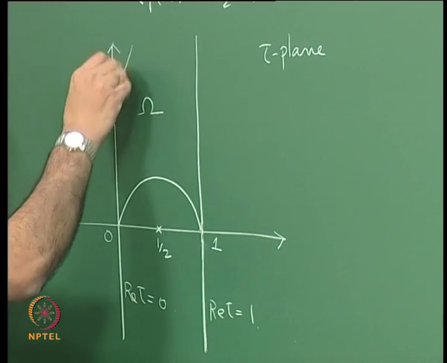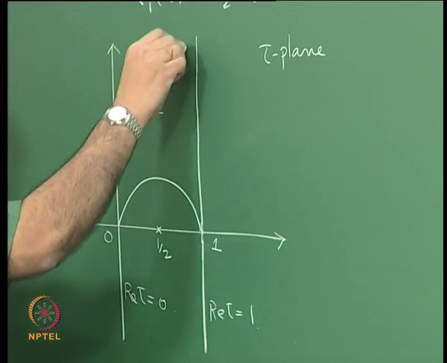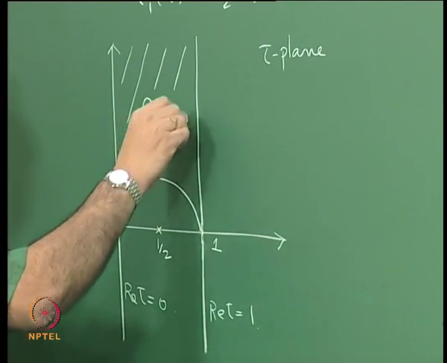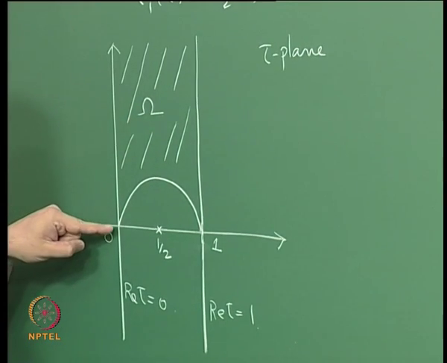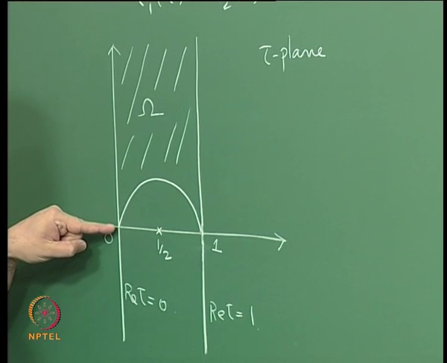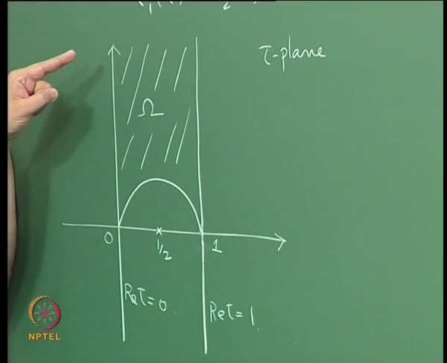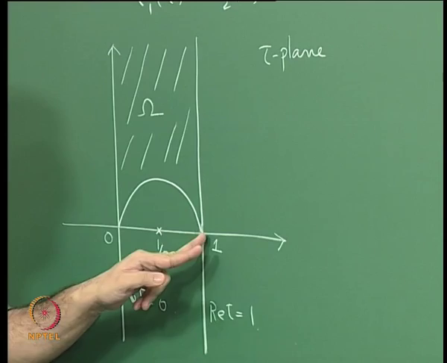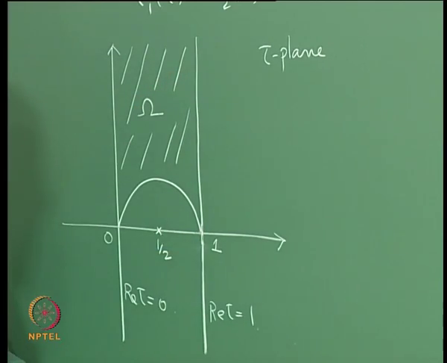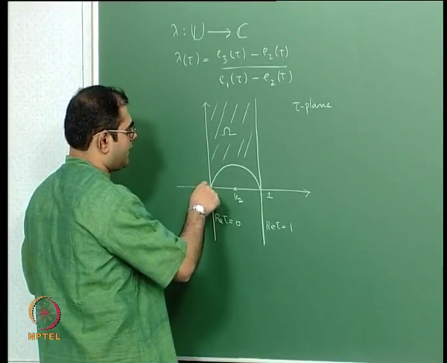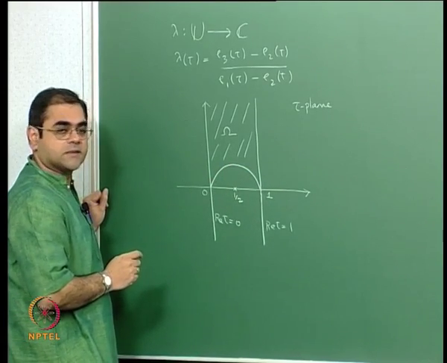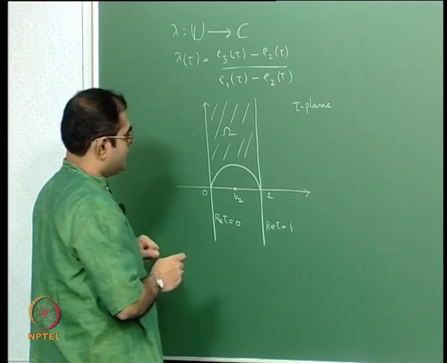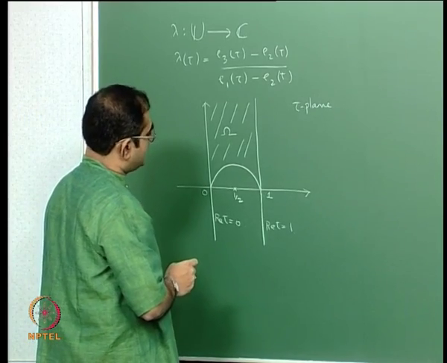and we take this region omega, which is bounded on the left by the imaginary axis, and on the right by this line which is real part of tau equal to 1, and below by this semicircular arc, alright. And the claim is that